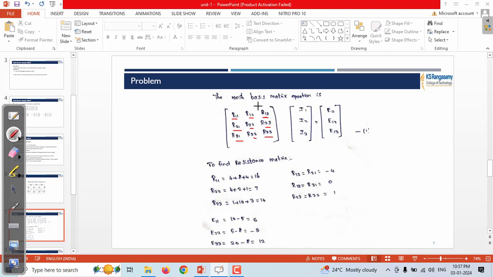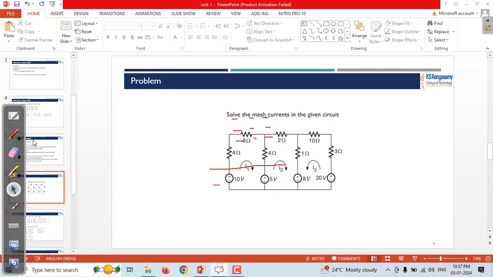Like this, we have to write all the resistance values, and here we have three current values and the voltage source values. The first step is to find the resistance matrix. R11 means the total resistance in loop 1, so if you see the figure,